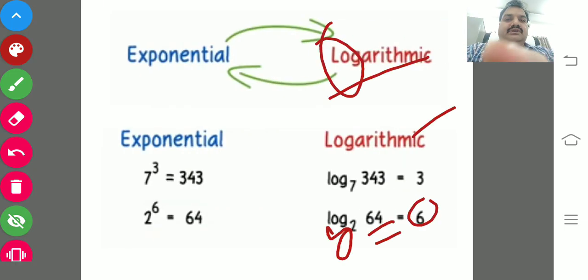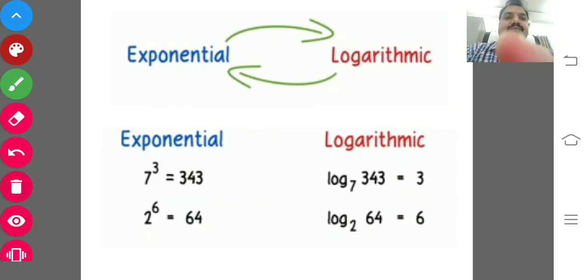Yes, this is very important. Here, children, you must be able to convert an exponential equation into logarithmic form and vice versa. So if you know how to convert exponential notation into logarithm notation and logarithm notation into exponential notation, now you can easily get the answer. The answers are there in your hand.